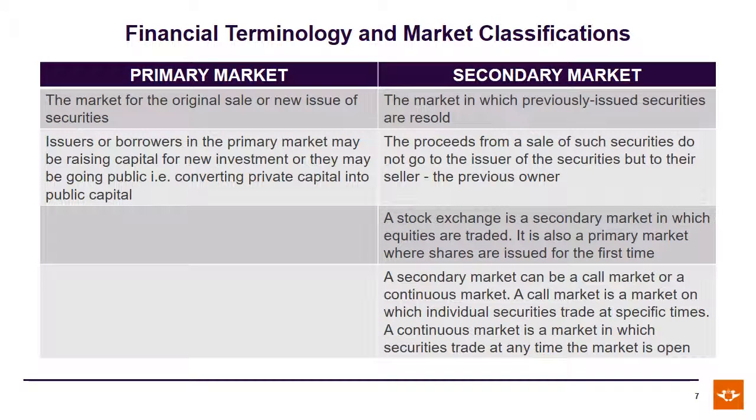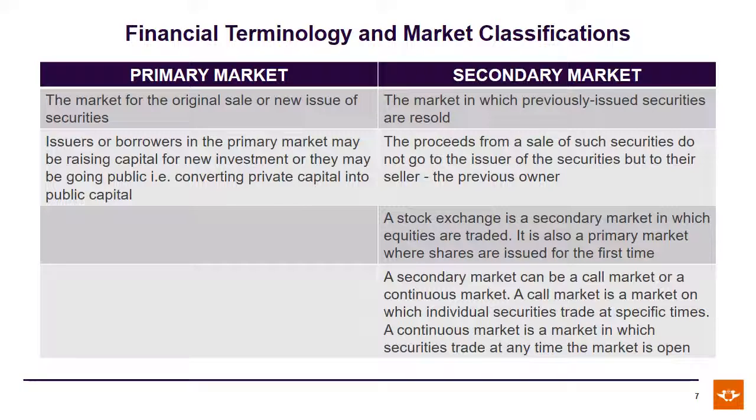So now we're looking at the primary market and the secondary market. Now, the primary market is the market for the original sale or new issue of securities. Here, issuers or borrowers interact directly with the investors, and any funds or capital raised in the primary market directly affects the book value or the balance sheet of a company. So, for example, if a company decided they wanted to raise R1 billion worth of capital by issuing shares, once that transaction is completed in the primary market, the company's balance sheet or shareholders' account would increase by R1 billion, the book value of the company.